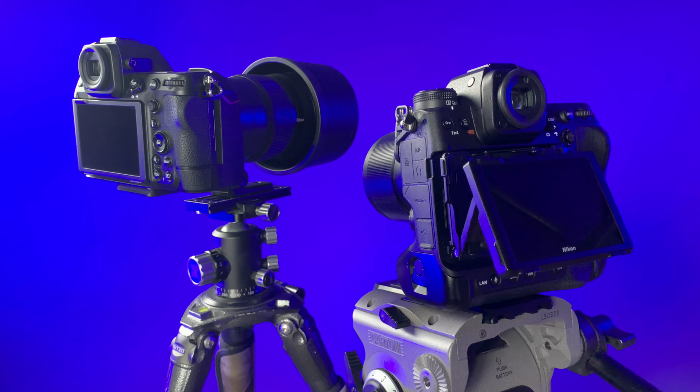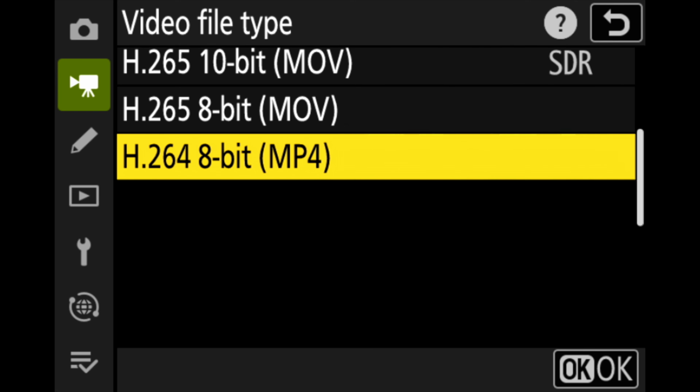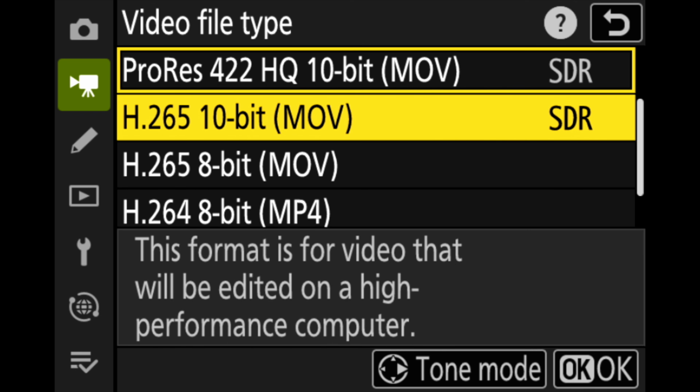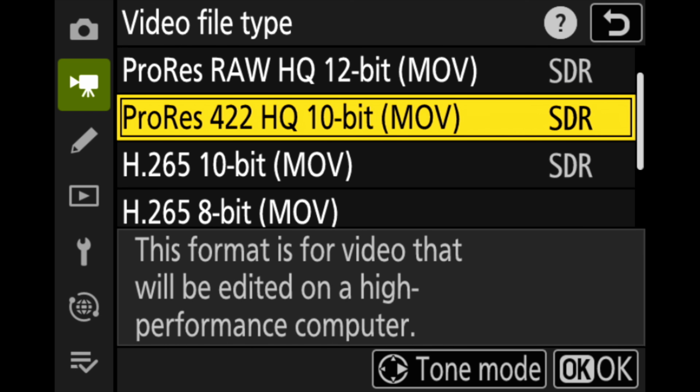Anyway, I'll try to keep this as simple as possible, but we're going to have to examine some technical details of video to better understand why we might want to move from the basic auto recording example that I outlined in the intro. Internally, the first Z6 cameras recorded 8-bit 4:2:0 files, about which I'll explain more in a moment. The Z6 III now has a wide range of options from 8-bit to 10-bit, H.265 to RAW, Nikon's N-RAW, and